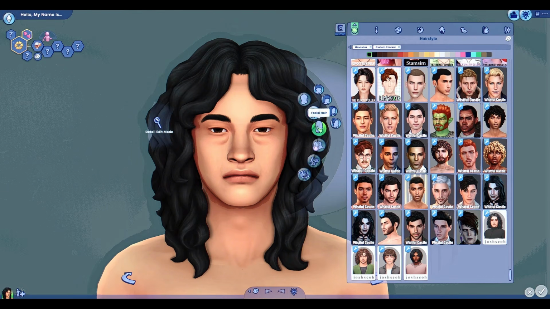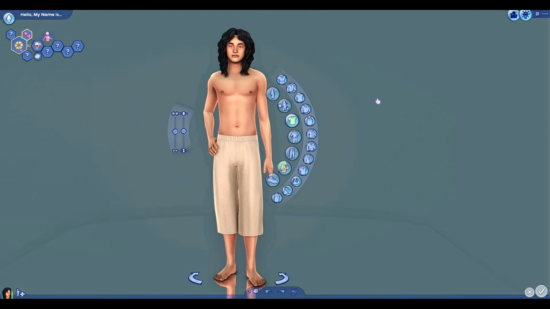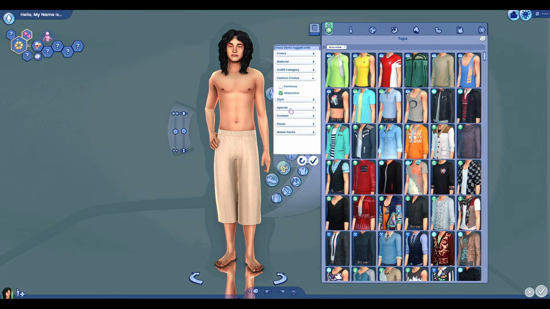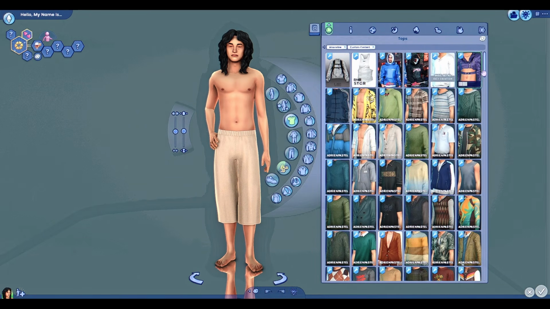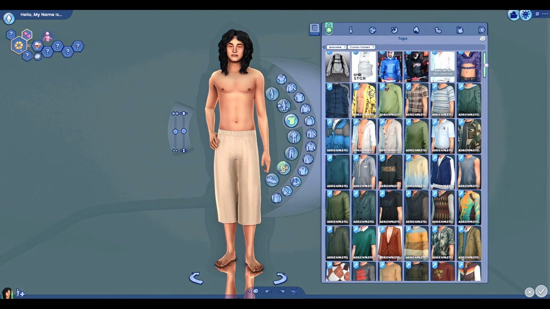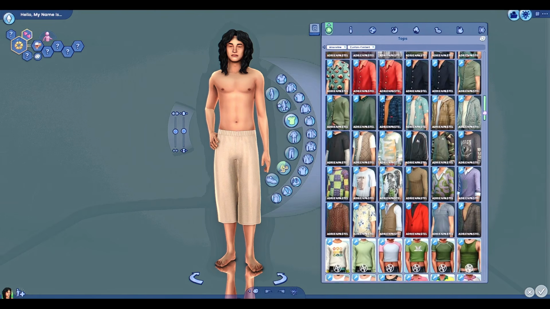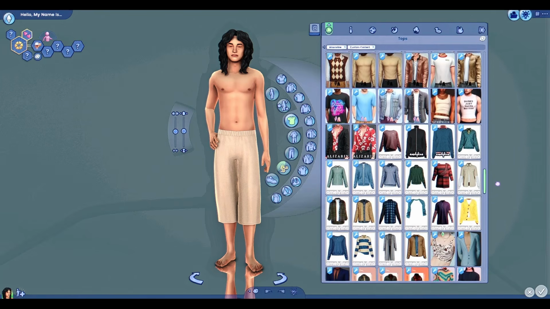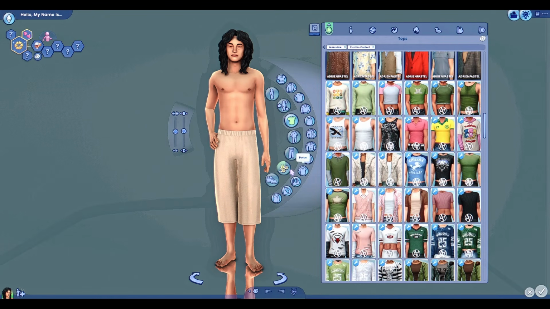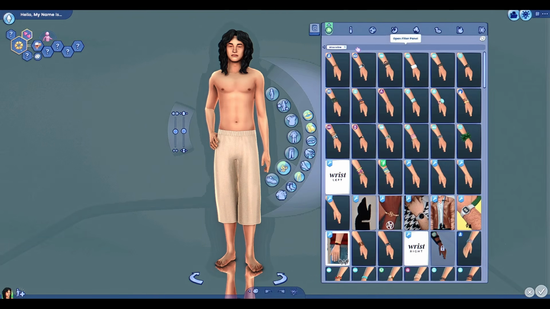It looks all very cute and nice. So if we go into tops, these ones are all new tops, and then Adrian Pastel. Adrian Pastel and Ahoob usually are at the top of each category. So it's pretty easy to tell where the new CC starts. So as you can see, lots and lots of CC. As far as accessories go,